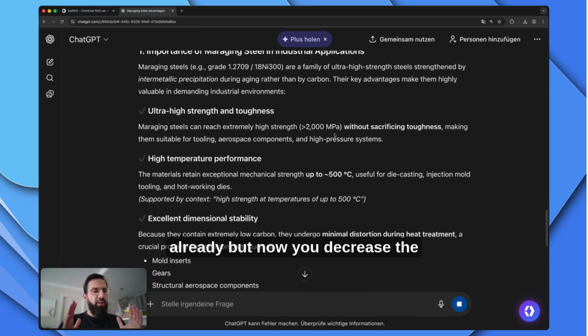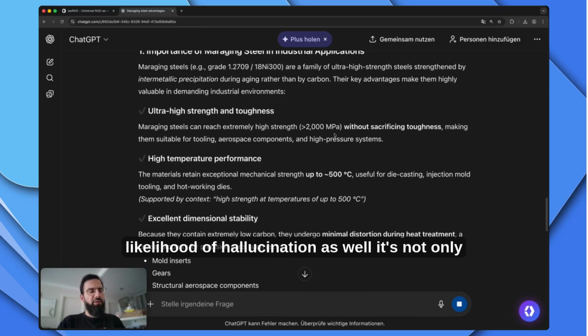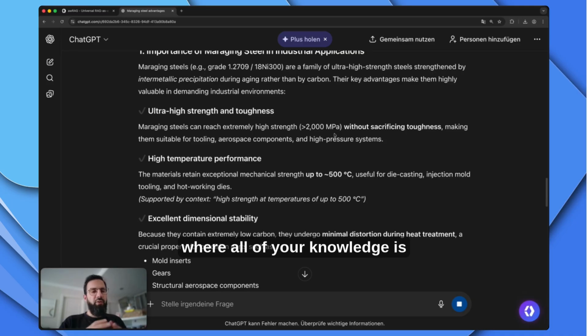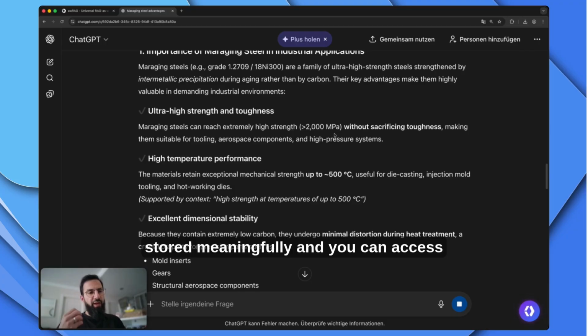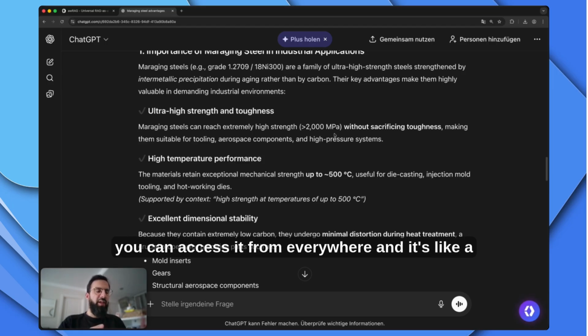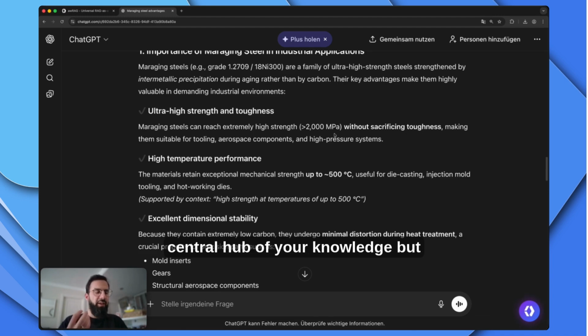But now you decrease the likelihood of hallucination as well. It's not only convenient to be able to have one central place where all of your knowledge is stored meaningfully, and you can access it by natural language, and you can talk to your knowledge with natural language. That's of course the core idea behind it. You don't have to upload it at multiple places. You can access it from everywhere, and it's like a central hub of your